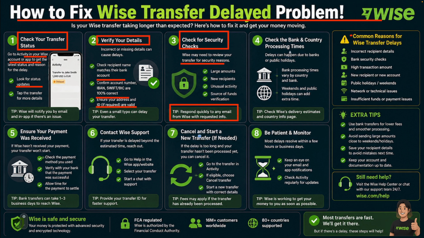The other thing you want to do is simply check the bank and country processing time. Simply go ahead and call your bank for this. If that is not the case, ensure that your payment was received. If it is already transferred to them, but it still says delayed, make sure that you check in with the